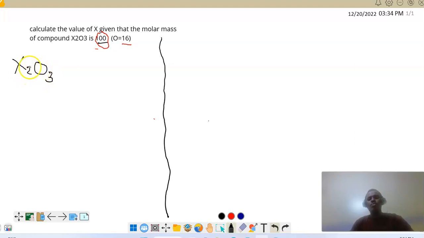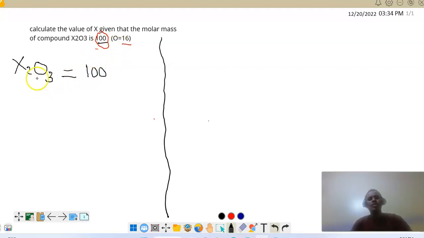According to this compound, we can understand X is a group 3 element because it's contributing 3 valence electrons. That's the only knowledge that we have. We don't know the value of X, but we know it's a group 3 element because it contributes 3 electrons to oxygen. So how do you get the value of X? Since we have the total molar mass or the total RFM, molar mass and RFM being the same, is equal to 100. You equate it,